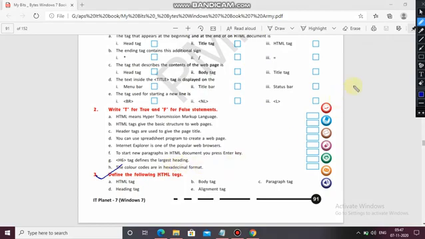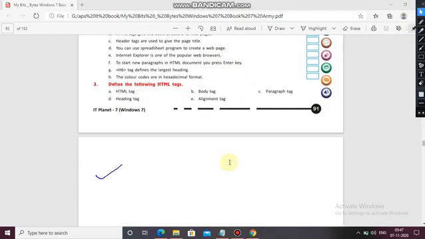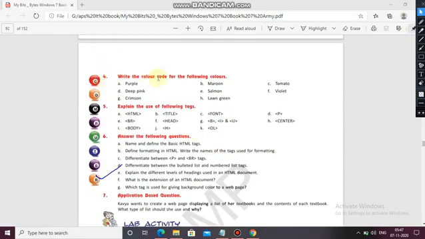And next is your homework: write the color code of the following colors and explain the use of the following tags. You have to complete it, and then we will be discussing this in the next class, and the question answers also. Okay. Till then, thank you.